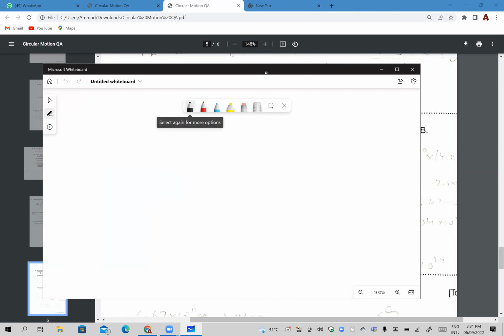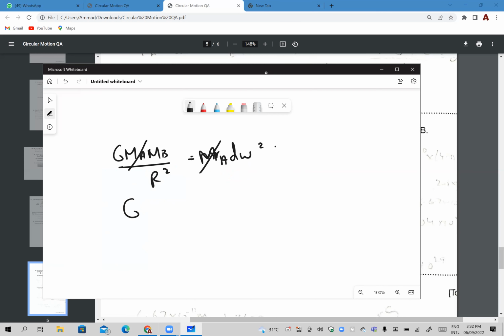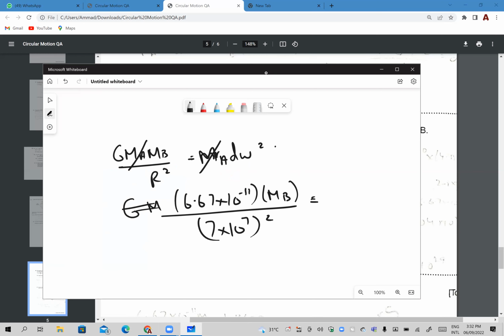Let's write the formula again. G MA MB over R square is equal to M R. यहाँ पे जो M है, this is MA. R कैंसिल आउट हो जाएगा, D फिर omega square, exactly ये cancel out होगा। G times MB, अब हम वैल्यूज डाल सकते हैं, 6.67 times 10 raised to power minus 11. MB is what we're finding. R square is the value of D, 7 times 10 to the power of 7 का square... नहीं नहीं, ये तो आर की वैल्यू है, यहाँ पे 2.8 वाली आएगी।